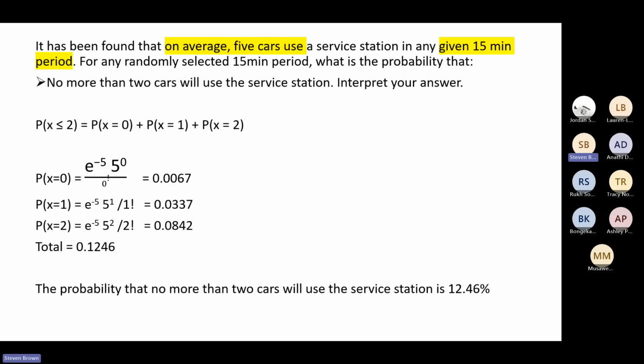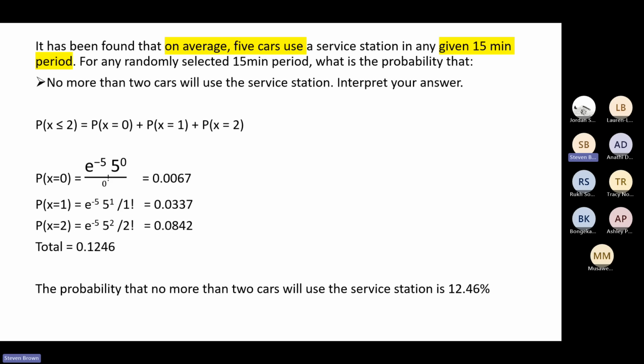No, I can't. So I'm going to start at 0, and no more than 2 means no more than 2 cars. So that's 0, 1, and 2 cars. Okay, so then for each one of those cars, you are going to do a separate calculation. So you're going to have 0 for 0 cars, 1 for 1 car, 2 for 2 cars. And again, using the same process as binomial, you're going to add these things up and get to a final